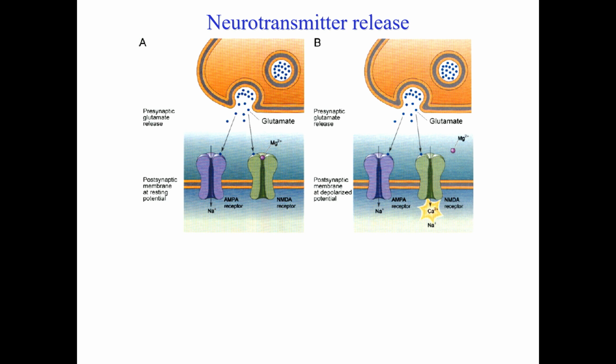So here's now the presynaptic site. It releases some vesicles. On the postsynaptic site, you have this one kind of receptor called AMPA. It conducts sodium, and sodium has a 1 plus charge. So the postsynaptic spine and neuron starts to get more and more positive. That's the standard operation. But in addition to that, there is another kind of receptor called NMDA, N-methyl D-aspartame,